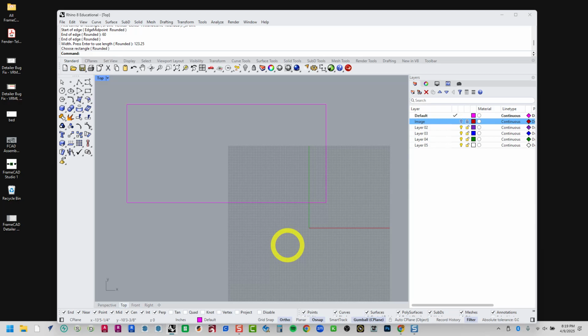So I might use another rectangle command to draw the overall size of a bed, right? Does anybody know what size bed that they want to use? What bed sizes are you guys thinking about using? Queen, king, California king, twin XL,